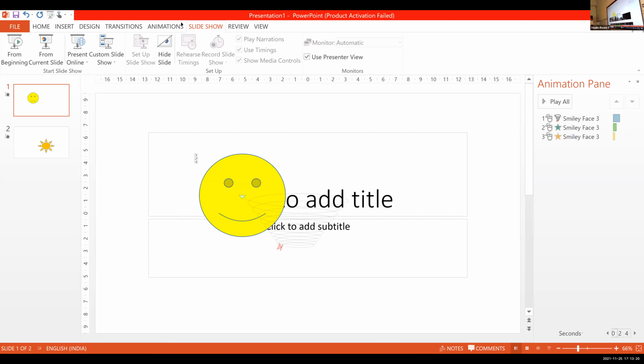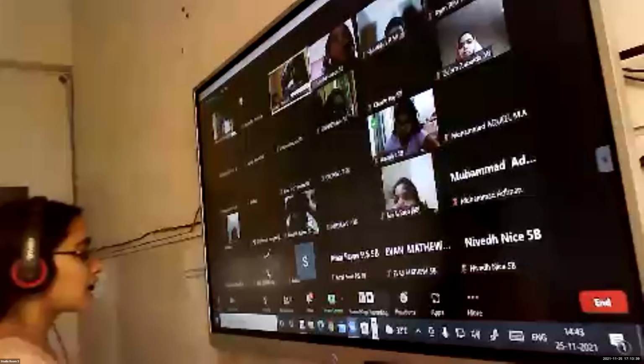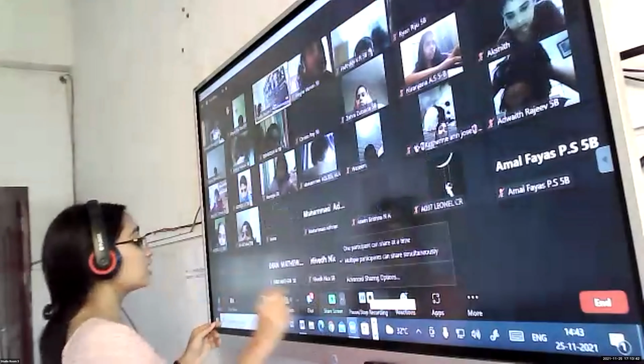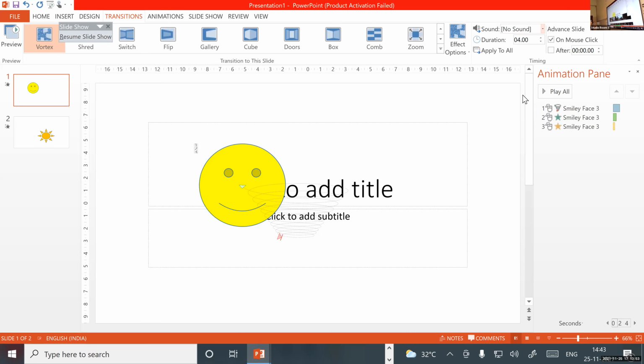So what is the first thing? See, to take transition. On this tab, as the version differs, there will be changes in the tabs, okay? So here you can see the option sound. Can you see the sound option? Yes. Okay, I will share the screen once again so that you can hear the sound properly. So I'm going to set the sound. For that, first you have to select the sound. I'm going to select camera, and I'm going to apply to all this.